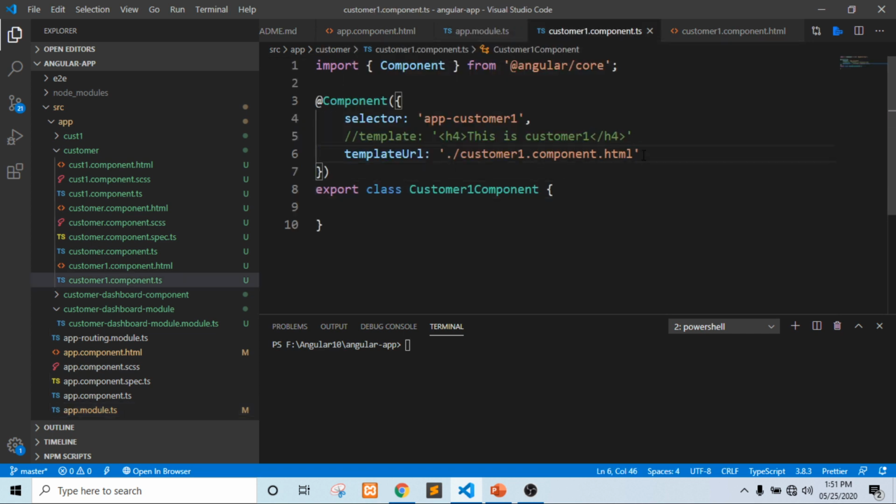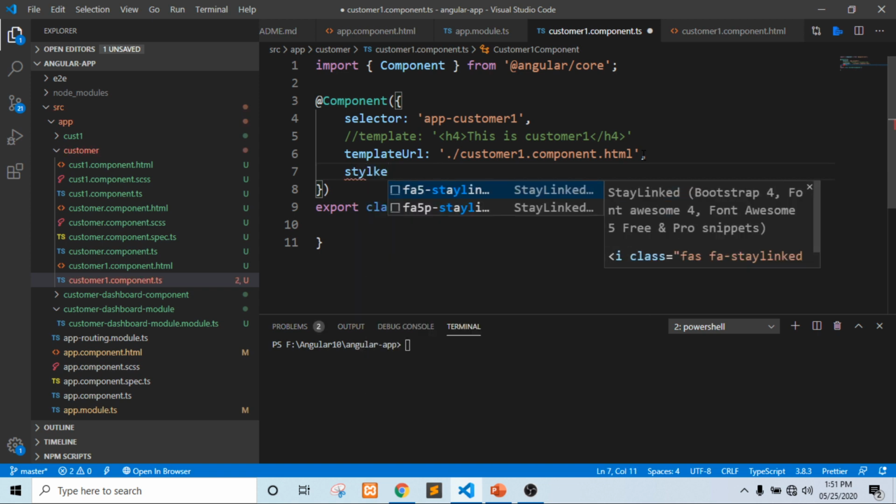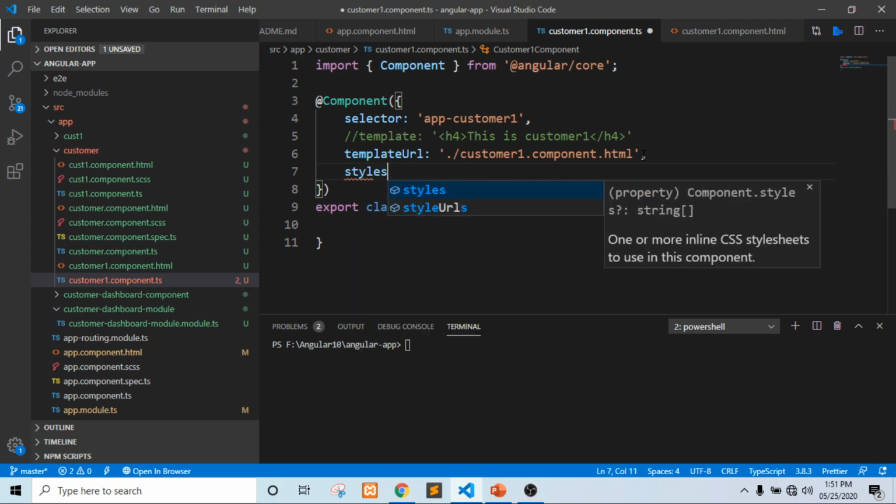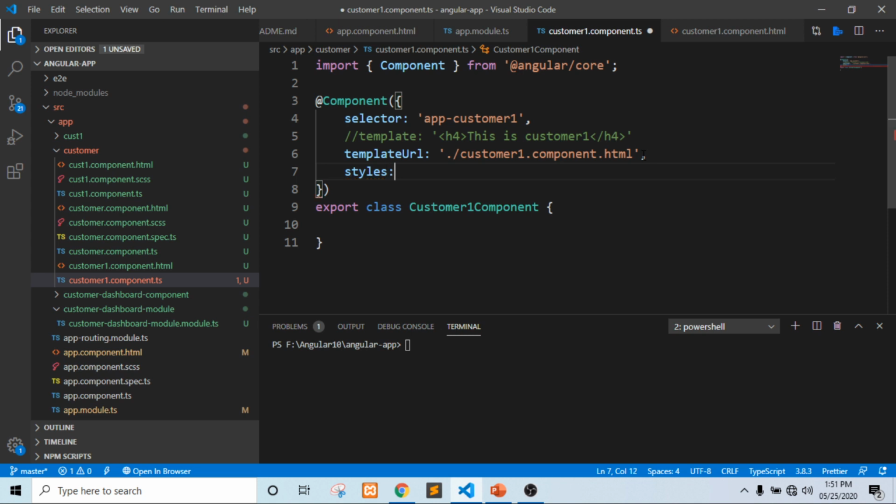And yes, for the CSS part, if we have styling, then we have style attributes as well. There are basically two things, styles and styleUrls. Styles means we can provide styling in the same file, customer one dot component dot ts, like this one. Suppose I want to override some classes or attributes of h4, then just color black.